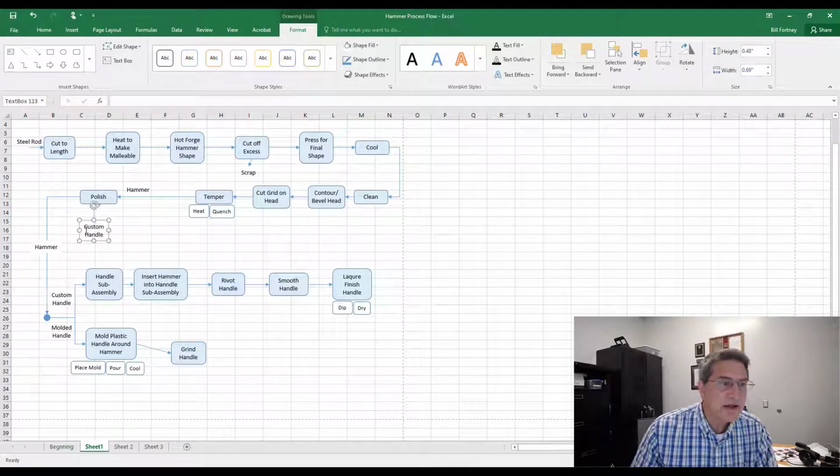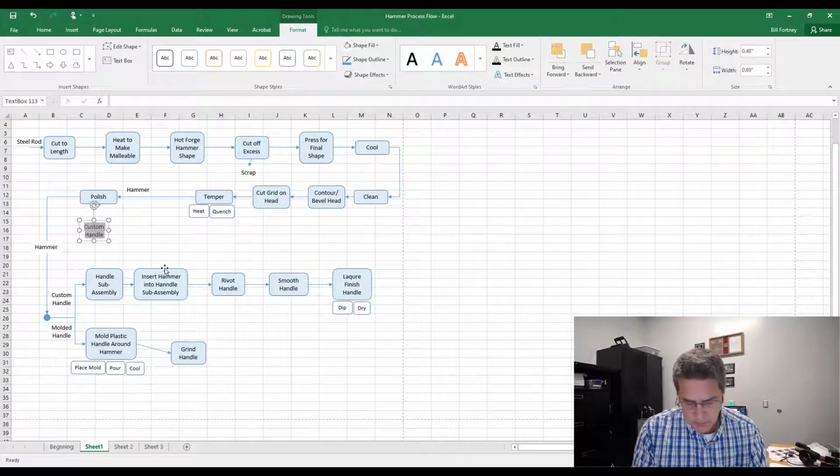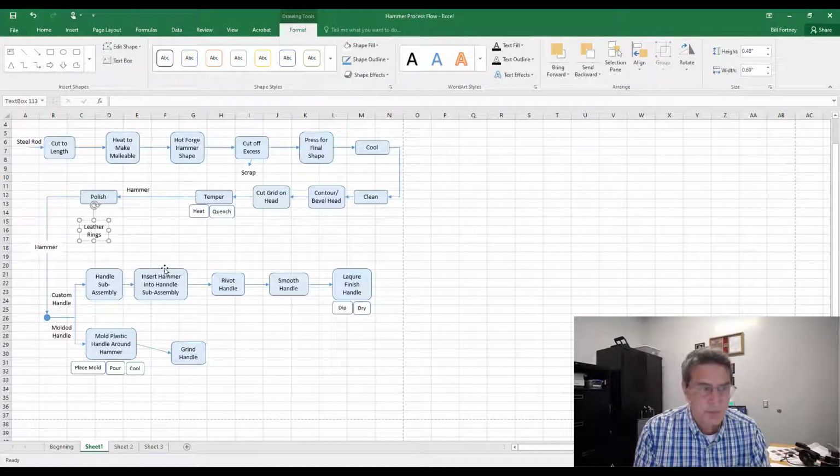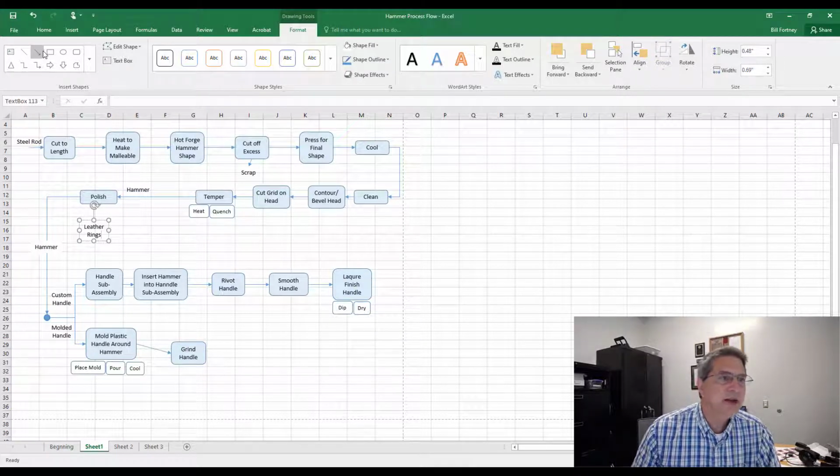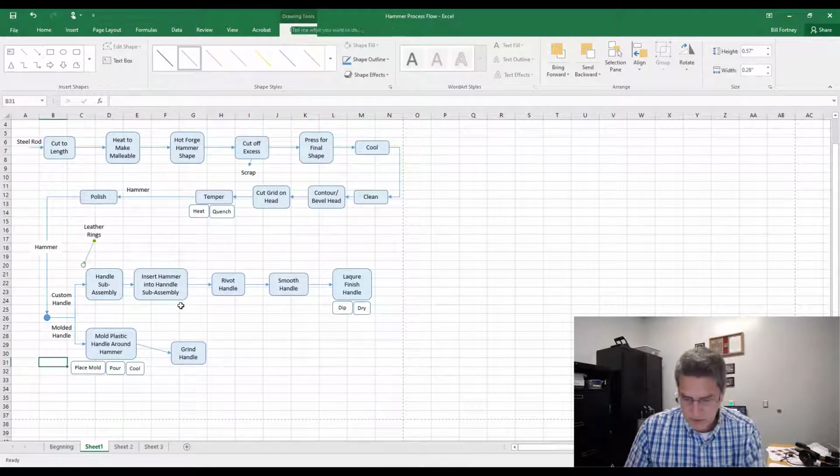And then the other thing that I could do if I was trying to be complete is I could come in here and say leather rings. I could even say some of the plastic, and I could show that. Whoops, I wouldn't want that guy. I'd probably want